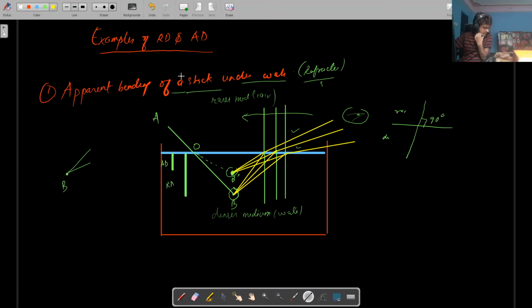Okay. So this is a simple application. There is one more application. So looking at something from inside the water, like for example, if a fish tries to look from inside the water to a bird that is flying outside, so what will the fish see? So let's say I have